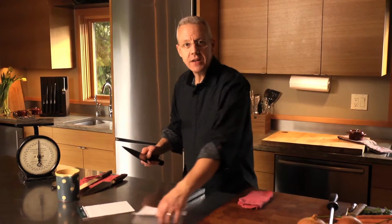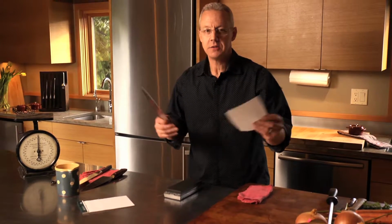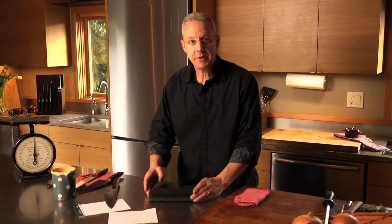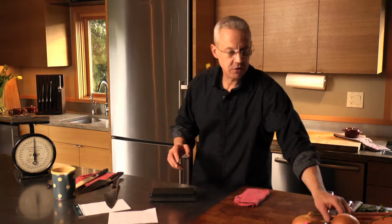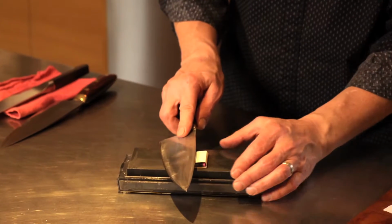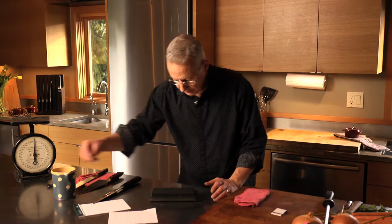Okay, so you've honed your knife and the edge still hasn't come back yet. The knife is still very dull. So now it's time to hit the sharpening stone. You're going to use the sharpening stone in the same method that you used the steel. We can use the matchbook as a guide. We still want to hit that 15-degree angle mark, and we're going to need a little bit of water on